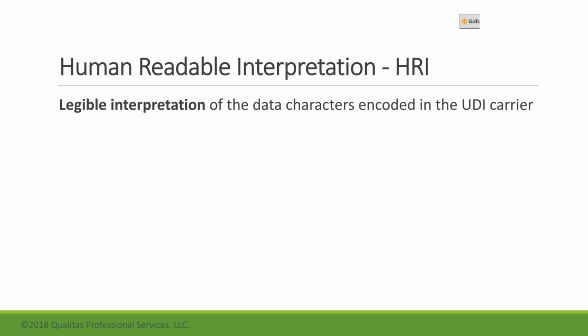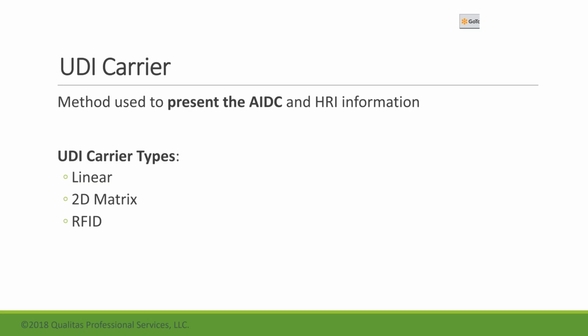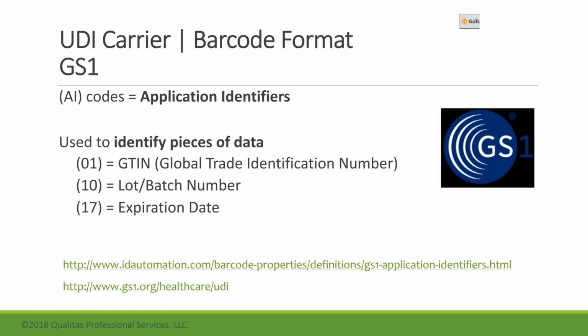So that's where the human readable information comes into play, to allow non-technical users to access information. Again, the UDI carrier, just some terminology that you're going to see when you read the EU MDR. It's the method used to present the AIDC and HRI information. The UDI carrier is your barcode format, and that's developed by the issuing